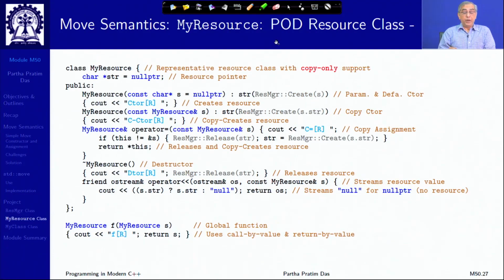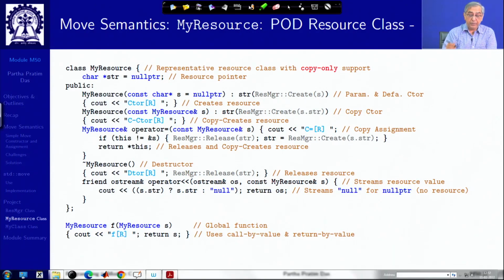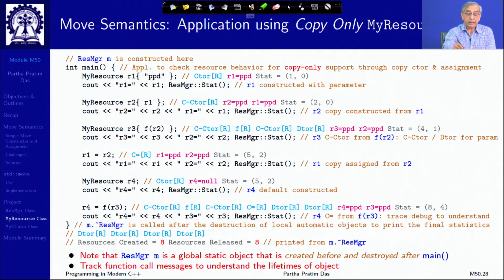these functions. So, my resource POD class is, and further for every function there is a name that I have used inside to basically tell you, so that we can track which function is getting called. So, CTOR R is the constructor for resource class, CTOR R is copy constructor for resource class, C assignment is copy assignment for resource class, and so on and so forth. So, this is a copy only version, and if you look into that, there are a couple of things that we